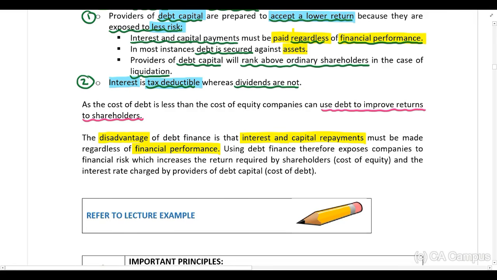However, if we look at this from the perspective of the company, every year they have to make those interest and capital payments, and that creates financial risk for the company because there's a risk of default. So you'll see using debt finance exposes the company to financial risk. And if the company is exposed to financial risk, shareholders are going to want a higher return on their investment,